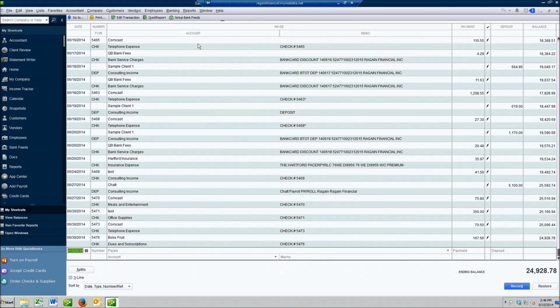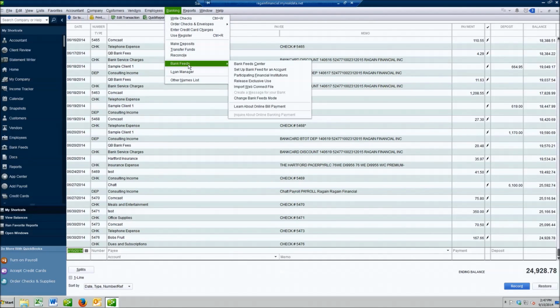Finally, the last thing that I'm going to take a look at before I really start importing is making sure that I've taken a look at what rules have been created inside this file. Rules are what helps us, once we start sending LedgerSync imports into QuickBooks, to code our transactions for us, but I want to know what rules have already been made because they may not be the rules that I really want in there. So again, I'm going to come to Bank Feeds, and I'm going to open up the Bank